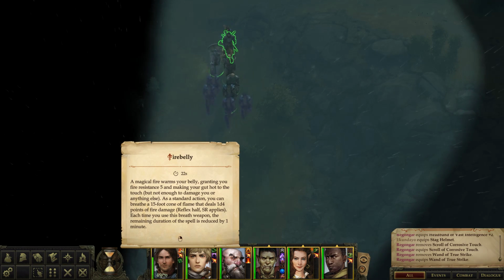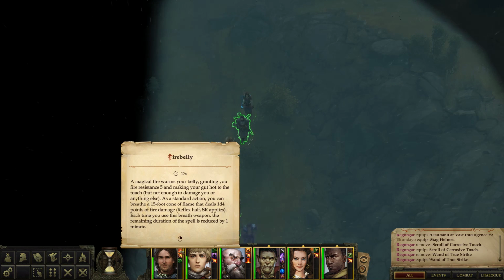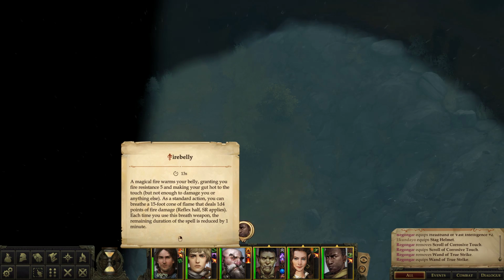Also, if you play the tabletop, Fire Belly is good. Like if you're in a really cold area or something, you run the risk of freezing, because it warms your belly. Makes your gut hot to the touch. I don't know what other use that would have, but